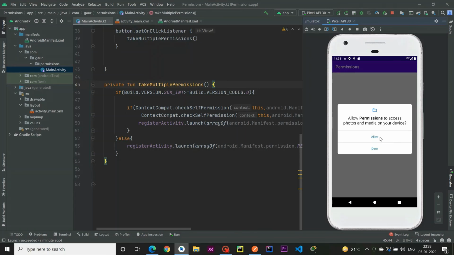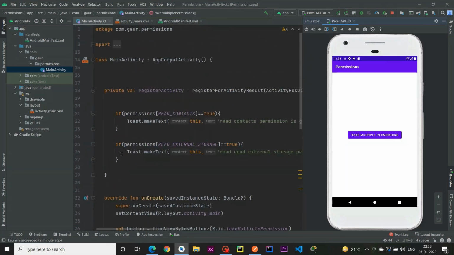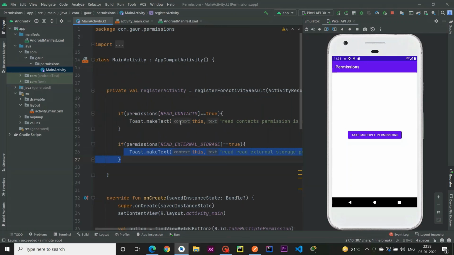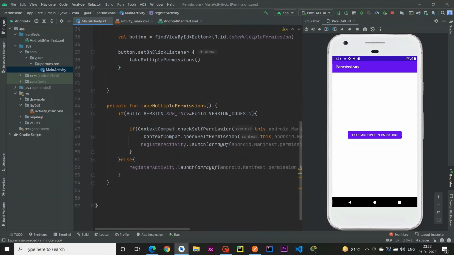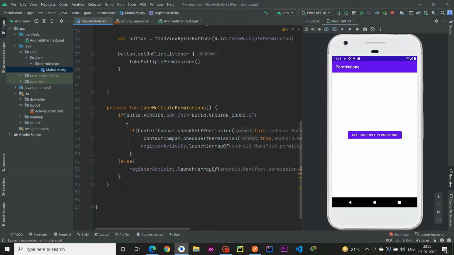I give the permission, and here you can see first it pops up the contacts, and then it pops up the toast message for our read external storage, which is presented over here. So by using this approach you can take multiple permissions, and this is a new way, so there is no deprecation warning you are going to see in your code.